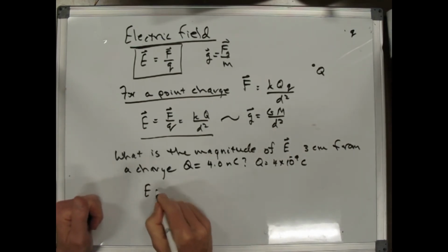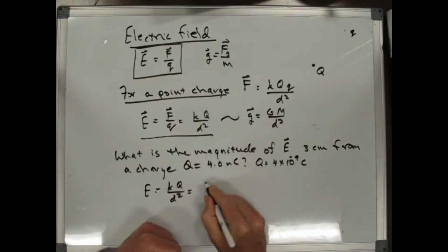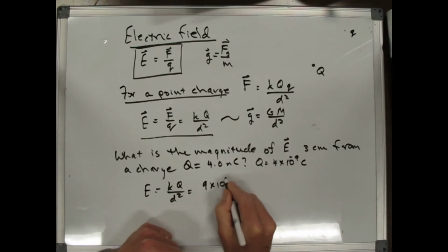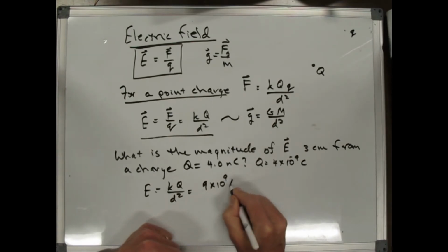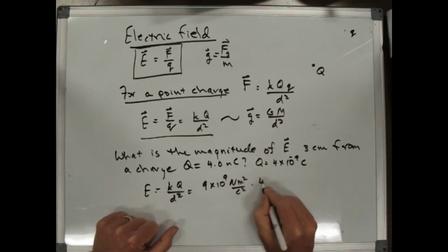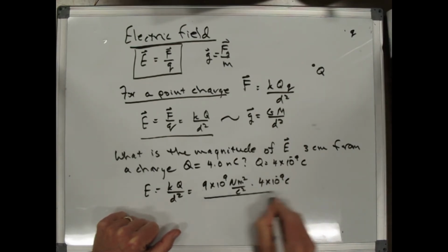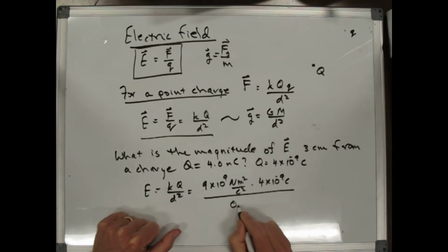And so I can just say, well, the magnitude of the electric field is just kQ over d squared, which is 9 times 10 to the 9th newton meter squared per coulomb squared. That's our k, right? Times 4 times 10 to the minus 9th coulombs divided by 0.03 meters squared,